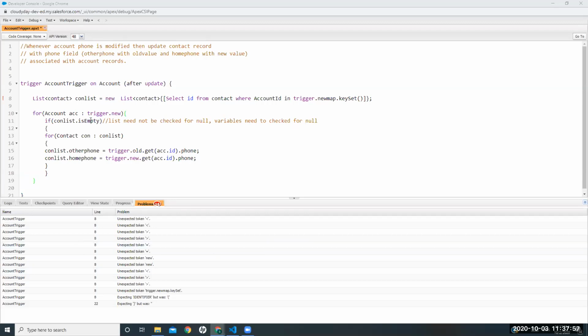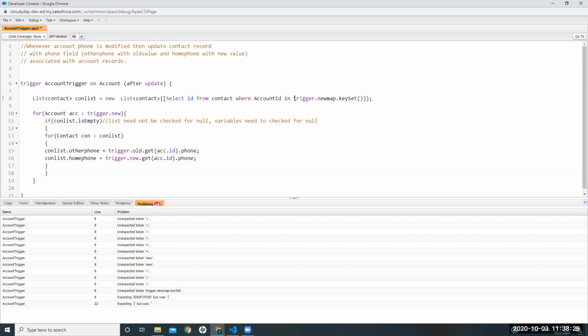Or maybe I should put a set here for IDs and then store all the IDs in a set, to avoid duplicates. No, you don't have to use trigger.newMap.keySet, right? Just account ID should be fine, right? Why do we need trigger.newMap.keySet?